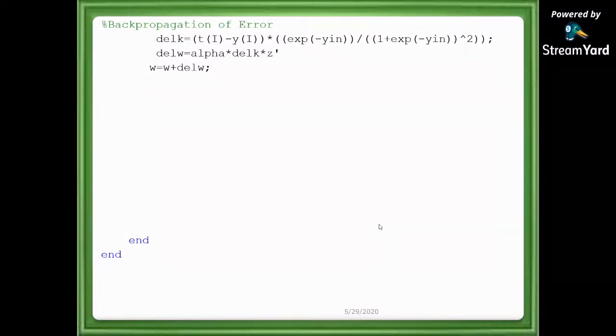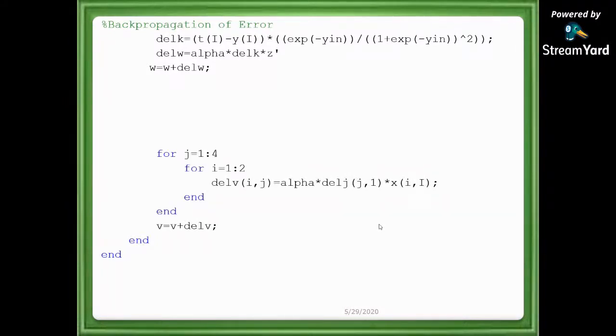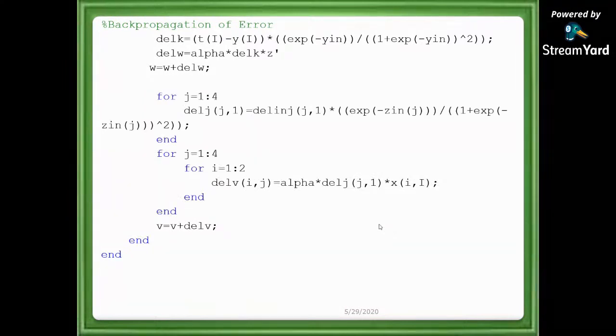Right? You just compare this code with the BPN algorithm, you will find it ditto. There will not be any change. Similarly, you go for adjusting the weights. V is equal to V plus del V. What is del V? For finding del V, you have the same formula, alpha into input. Now this is for the hidden layer weight. So what will be the input? X. And you have del J instead of del K. Now what is del J? Del J will have del in J, where del in J will have del K.